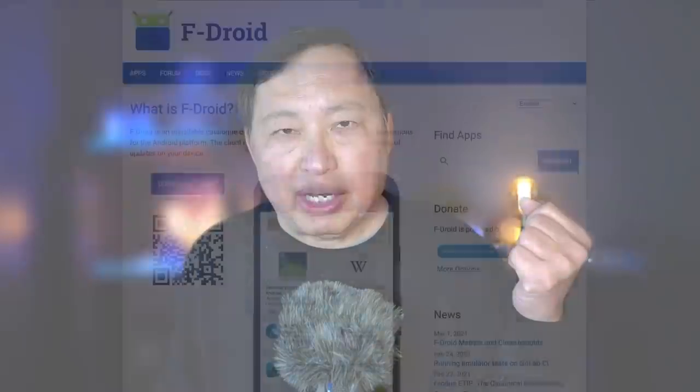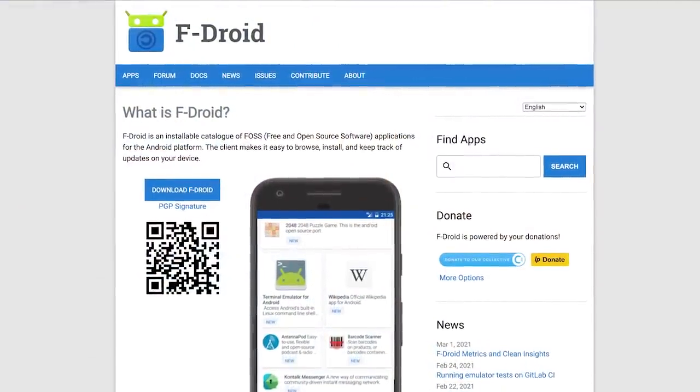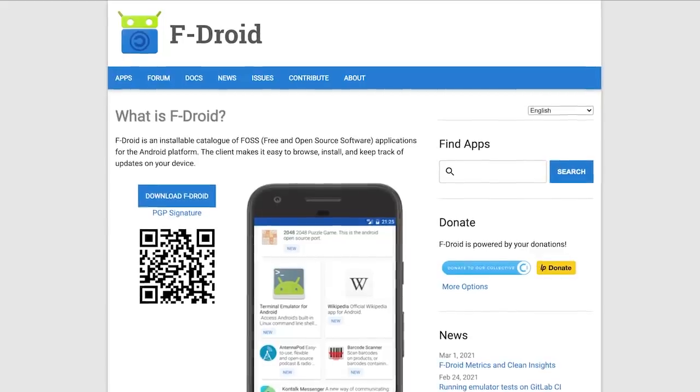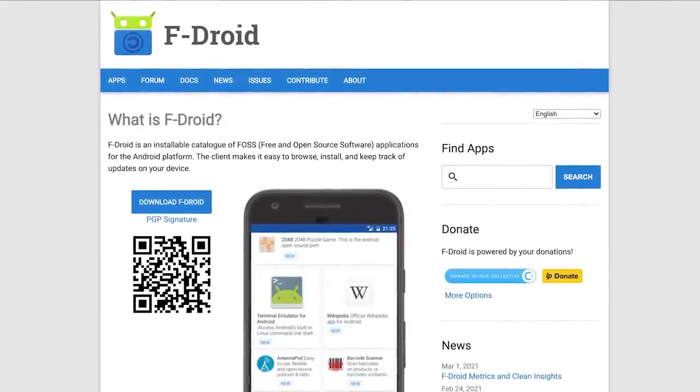But the basic app store on the Google phone is basically F-Droid. F-Droid is the best supplier of apps because it's not Google, no connection with Google whatsoever. In fact, the apps on F-Droid are not on Google Play. And they have been vetted, they have been curated, and they actually are compiled, built. I'm trying to find a technical term here. The F-Droid people actually take the source code and build their own code for whatever the program is. So they have access to the source code. So you can't spy on anyone because the F-Droid people can look at the source code. They don't take any program that they don't have source code for, that they don't build themselves.